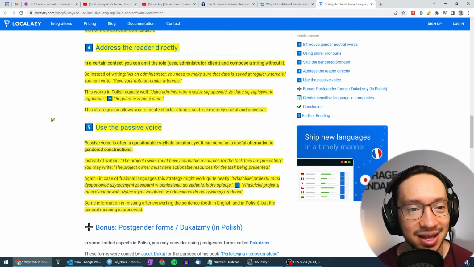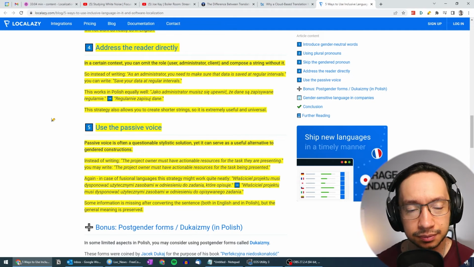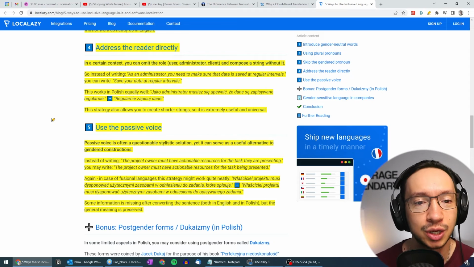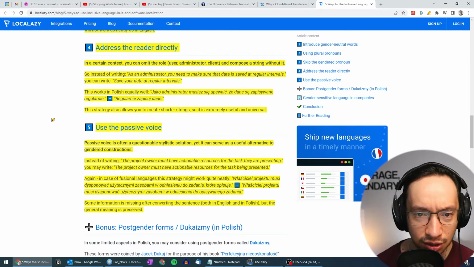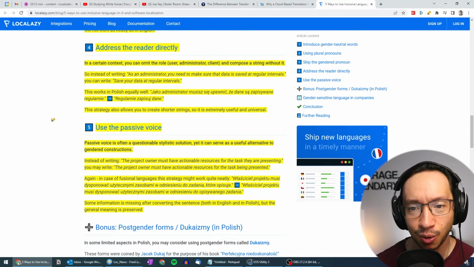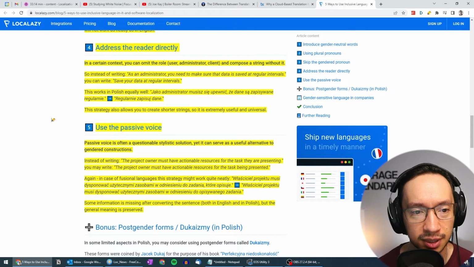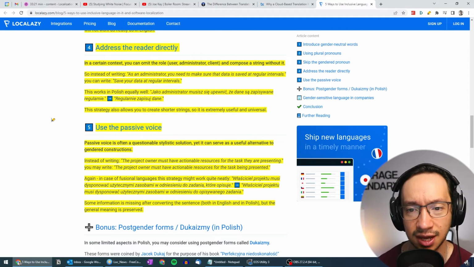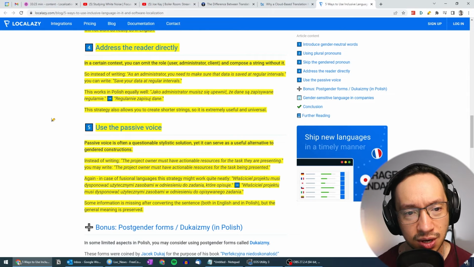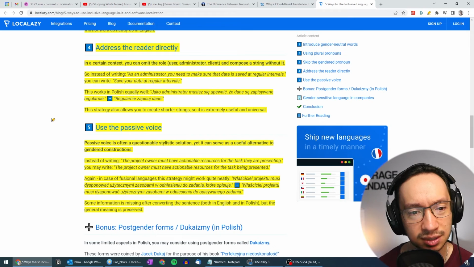Number 4, address the reader directly. In a certain context, you can omit the role, in parentheses, user, administrator, or client, and compose a string without it. So instead of writing as an administrator, you need to make sure that data is saved at regular intervals. You can write save your data at regular intervals. This works in Polish